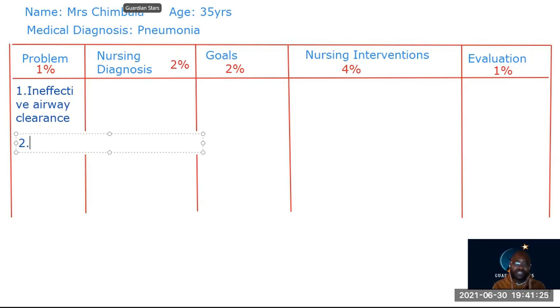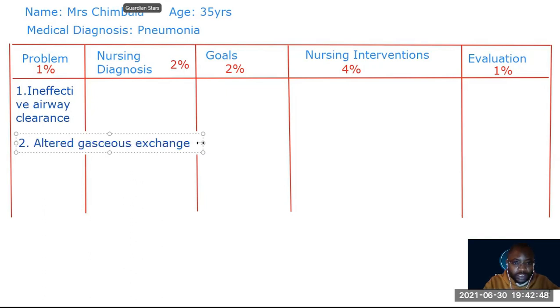This patient is having ineffective airway clearance, and you are actually observing it. You've seen it because they have difficulties with breathing. That's why I don't want to bring out difficulties with breathing here as a problem. That's going to be our evidence. Apart from this one, the other way you can bring out a problem here is by saying